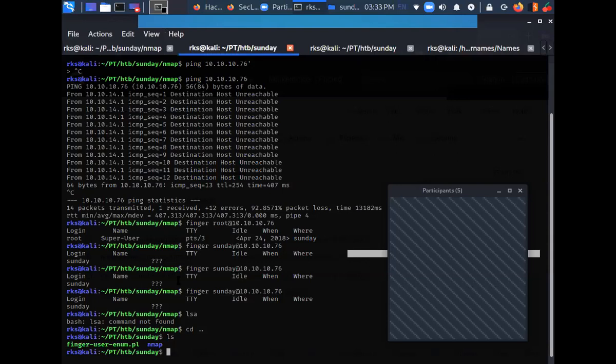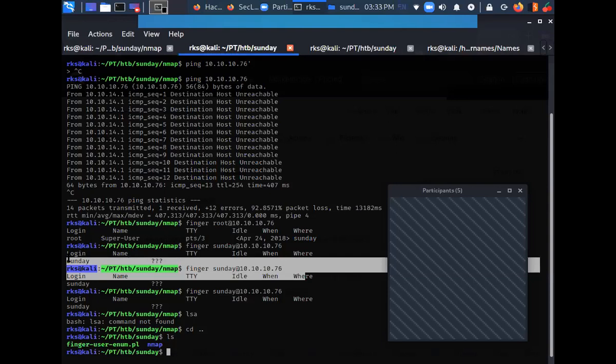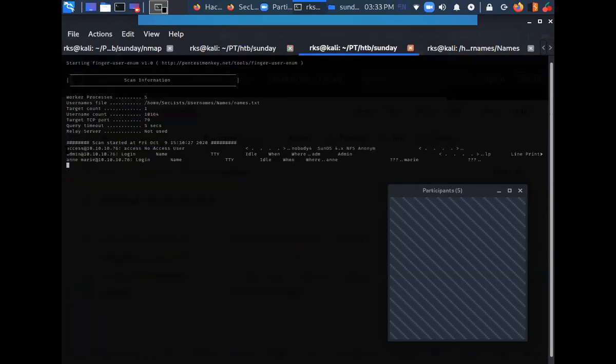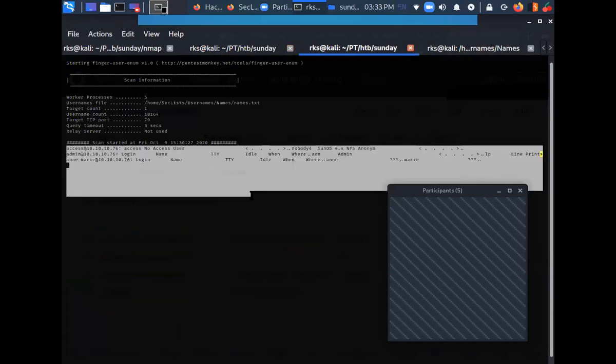Yeah, guys. As you can see here, we have different output for a valid user and different output for an invalid user. That's what it is doing here. It is trying to do this brute force.